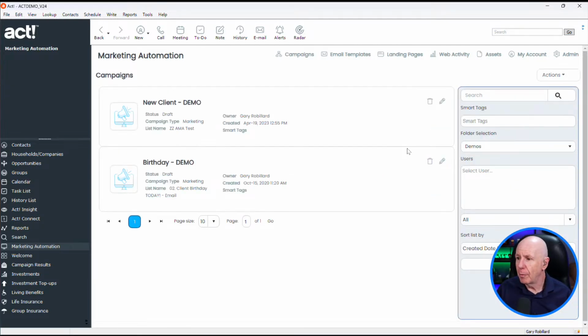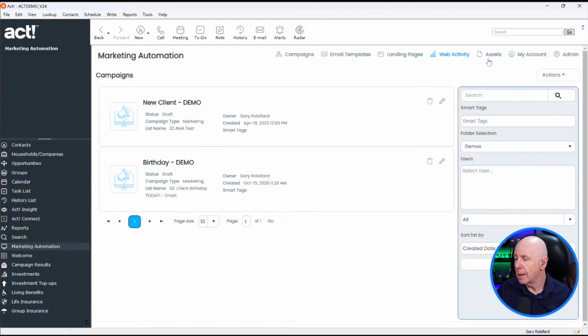Now, there's a couple of features that are not necessarily new, but they've done a few tweaks to them. One of the things that I just set up, I just did this a couple of days ago, and it's been there, but it's got a few little new things, so I thought I'd set it up, and that's called Web Activity. And in Web Activity, now this would be more for those who have the complete version or the ultimate version. I'm using the ultimate version because that's the package I have. This won't work for the select version, but it will work for the complete version. And there are a bunch of you that have that as well.